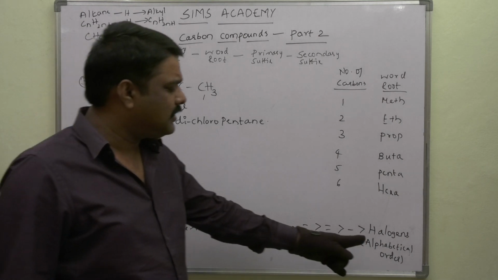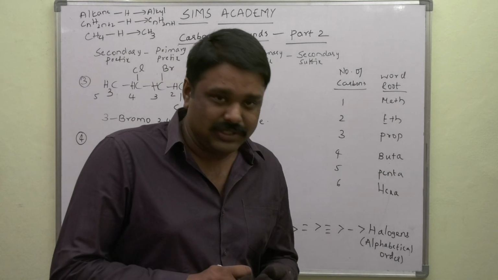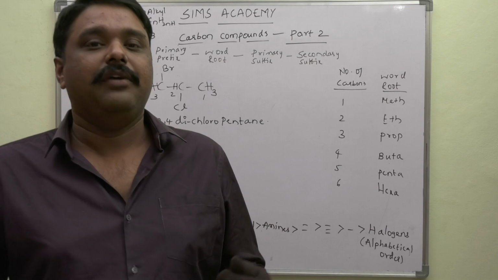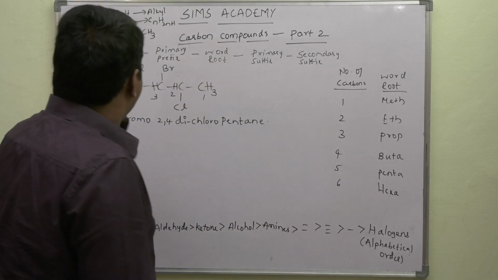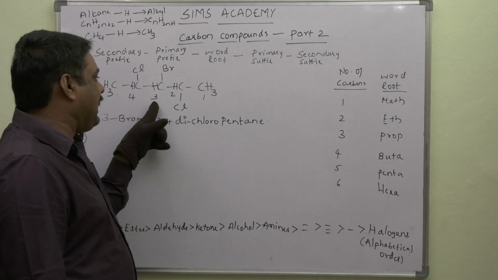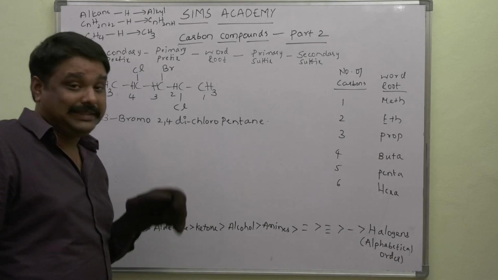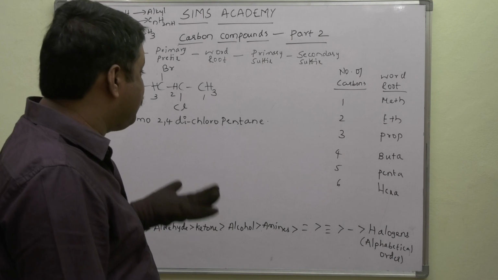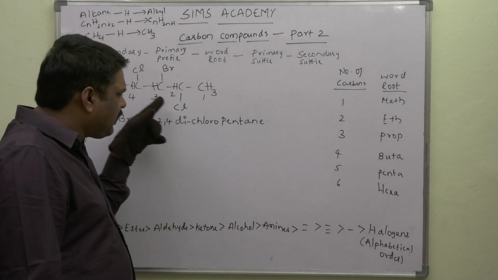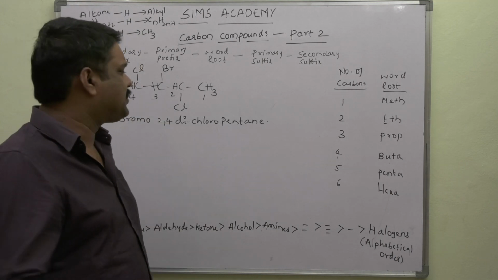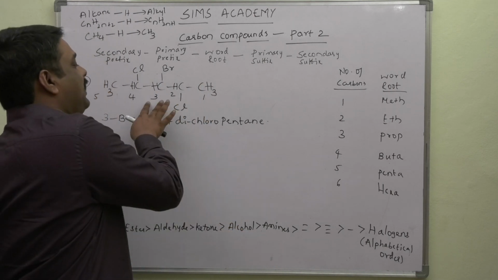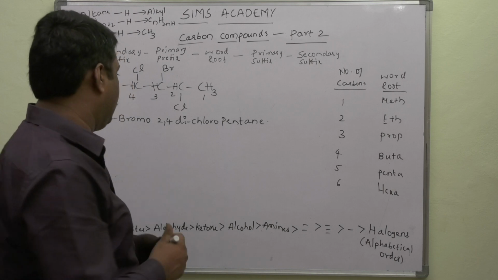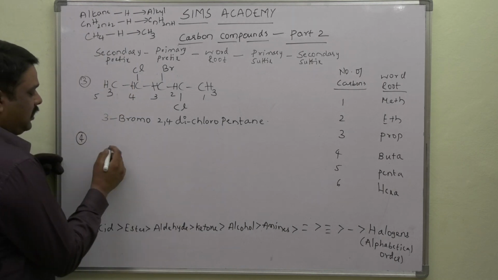Next, we shall move on to the next one. All as we discussed previously, when the halogens are given as substituents, we need to take them in the alphabetical order. But here, chlorine has got 2 number and bromine has got 3 number. But in some cases, while giving the numbering, we cannot start from the middle. We should start from the end. That's why bromine has got 3rd number. Okay, let us move on to the another example.